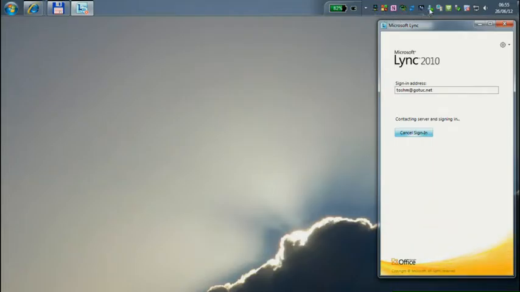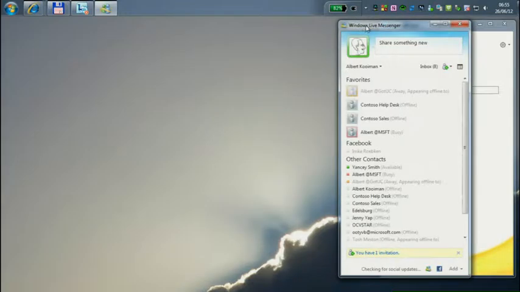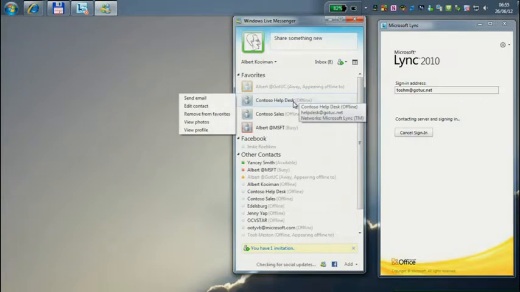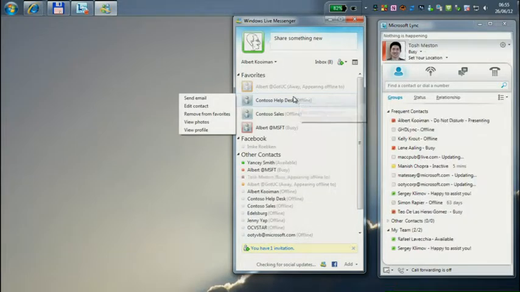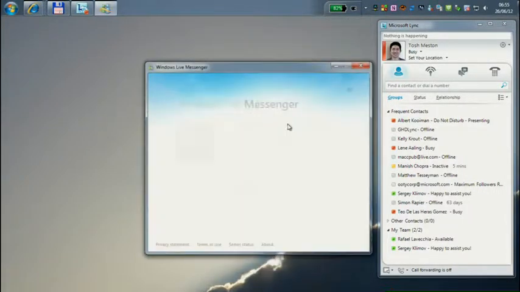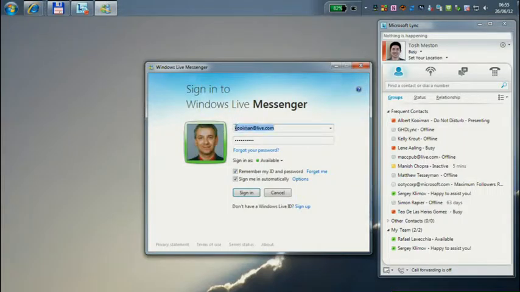What many people do not realize is that you can offer the same functionality that I showed via the website. You can show that, sorry, the bot is down. So here it says offline. But I also could have called it via Live Messenger, and in the future, you can imagine that Skype can do exactly the same. I do not know what's going on here. Let me see if I can sign out from everywhere, and if it's going to help.